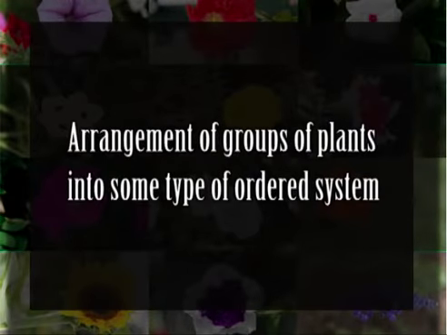In the same sense, plant classification can be defined as the arrangement of groups of plants into some type of ordered system. Historically, plant classification systems have been largely proposed either by an individual taxonomist or a few taxonomists. As a result, no single system of plant classification has been followed throughout the world. In fact, from time to time, a large number of classification systems have been proposed by different plant taxonomists. These different systems of classification were followed in different parts of the world.